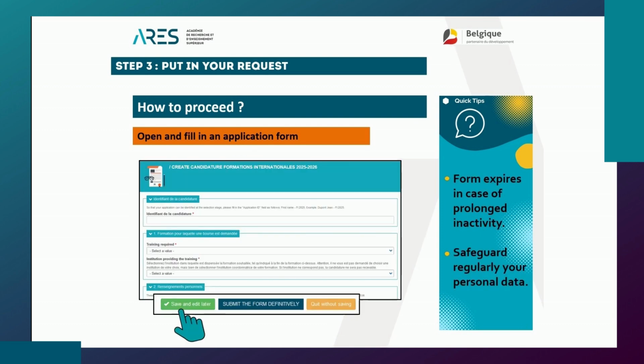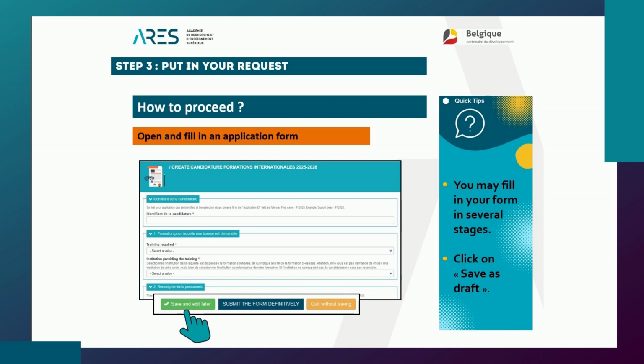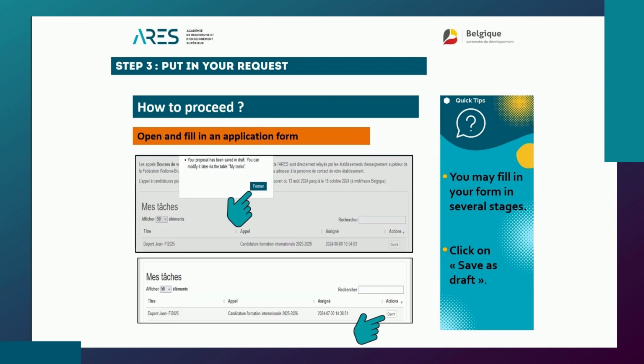Once downloaded, fill in the blanks before you first save it as draft. We highly advise you to save it as draft whenever you download a new document to your form. Keep in mind that the form expires in case of prolonged inactivity. Therefore, don't forget to safeguard your data whenever you insert them. If you ever decide to complete it in several stages, don't forget to save it as draft every piece of information you mention. The draft version of your form is in the tab My Tasks, and it can be modified by clicking on